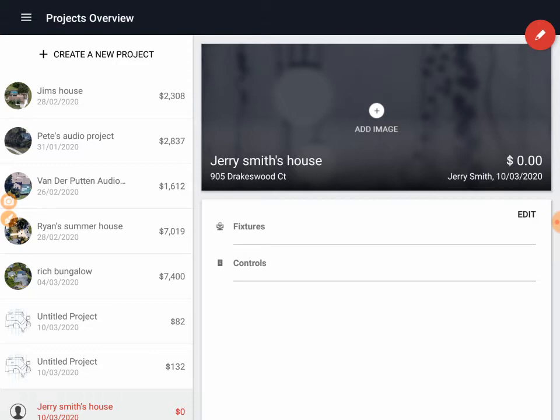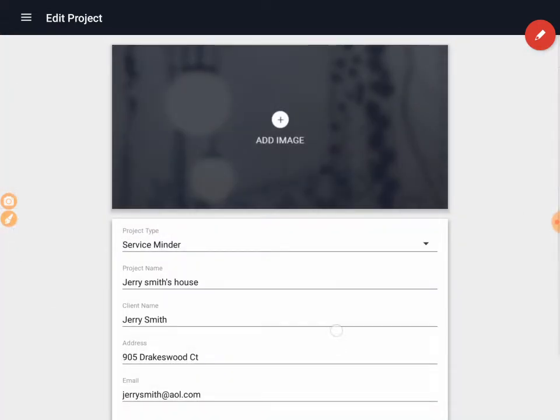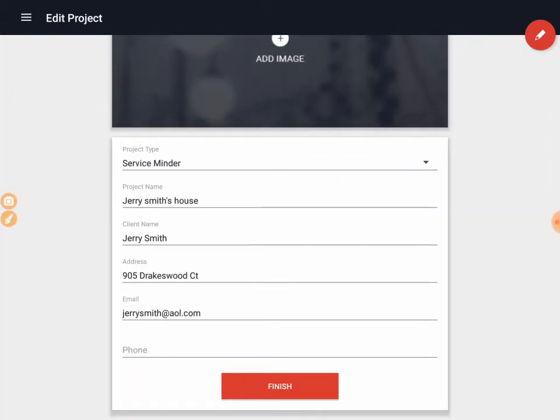And there's Jerry's information. Jerry Smith, 905 Drakeswood Court. I didn't put in a phone number for him, so it didn't show up there. Either that or there's a bug and the phone number isn't making its way. Let me check. Did I put in a phone number? I did put in a phone number for Jerry Smith, so maybe I put the phone number in the wrong spot. Maybe it has to be in the alternate phone number. Anyhow, we'll dive into that. But regardless,